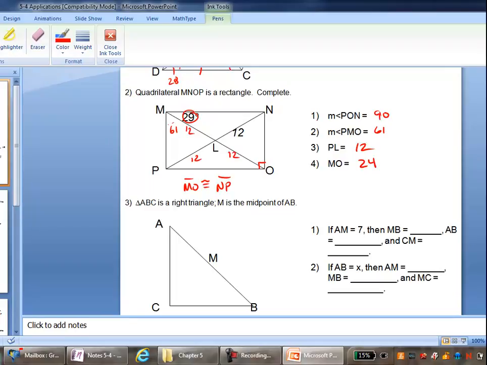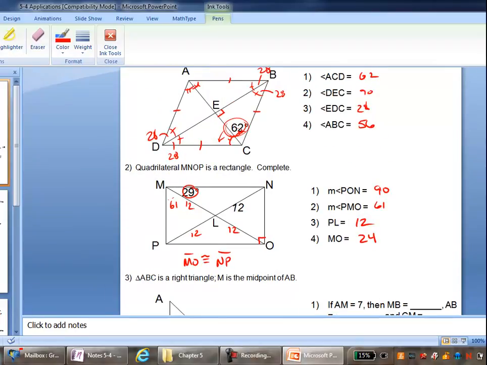I think that's actually everything that I want to cover with you. So those are some application problems that go along with the idea of a rhombus and a rectangle,